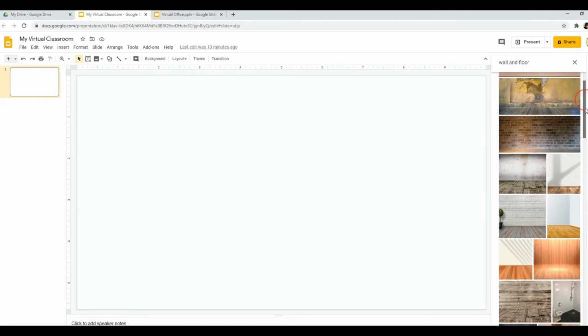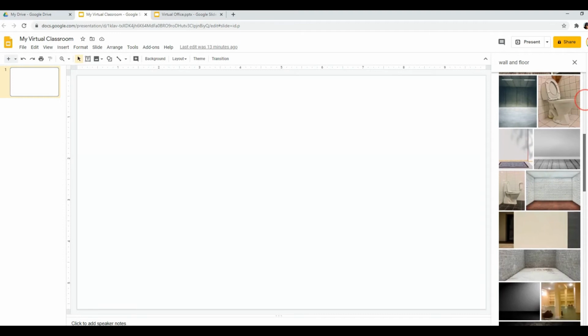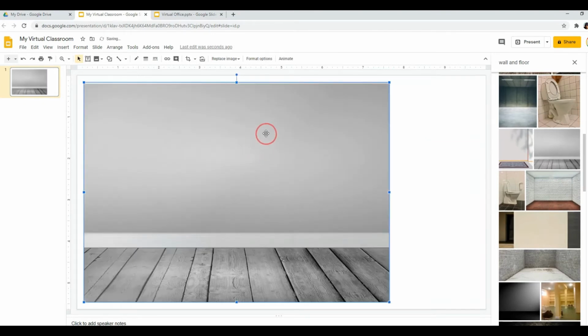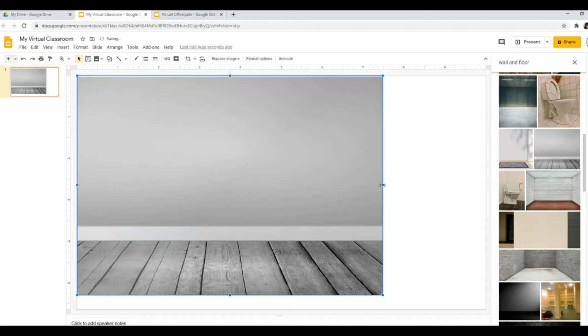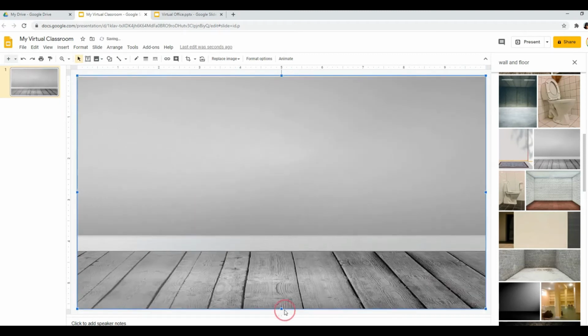There you go. So I have some nice choices here. So I think I like this one. Let's drag this to the slide. And of course, we want this image to cover the entire slide. So we will drag it and expand the image. There you go. So now that we have a background image, the next thing we want to put is a